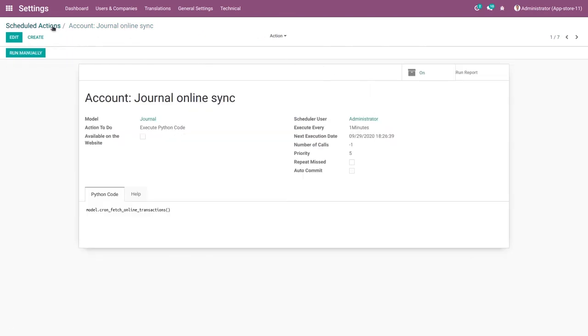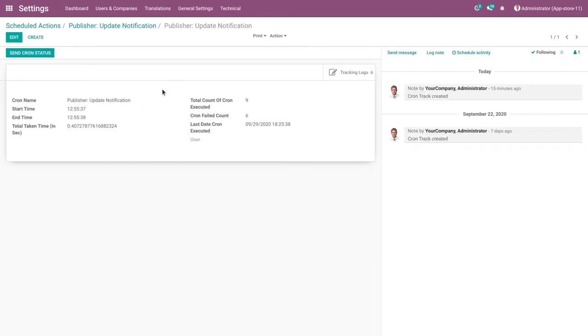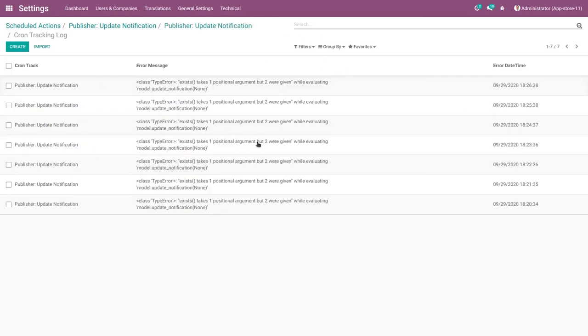Here you can see these cron jobs, and this is the total information of this cron: what the cron name is, what the total count of cron executions is, and here you can see the cron fail count. Here, 6 times this cron has failed, so you can see in the tracking logs that this cron has failed 6 times. So here you can see the message of the failing